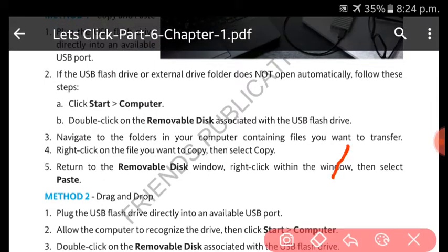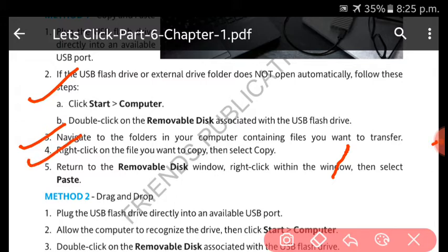Navigate the folder. Whenever it gets connected, you can open it, and you can navigate the folders in your computer containing the files which you want to transfer. It means you will have to go into that directory wherever the files and folders are present. Then you have to copy that.